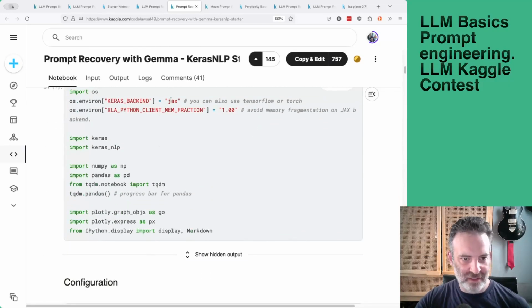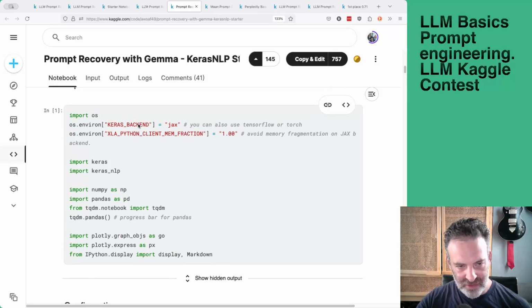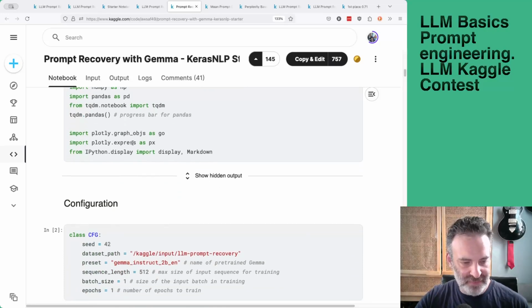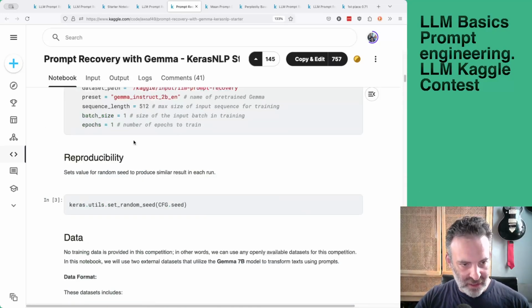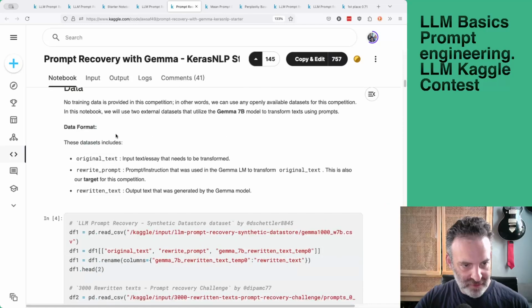Keep in mind, Kaggle is owned by Google, and Google likes to push their frameworks. The main one they're pushing these days is called JAX, which is similar to TensorFlow or PyTorch. Does this run faster? I don't really see JAX used too often outside of stuff that Google posts, so take that with a grain of salt. But anyway, good notebook. So, loading the model, configuring, our little config class, which people seem to like.